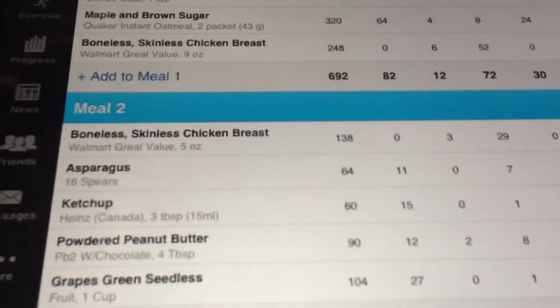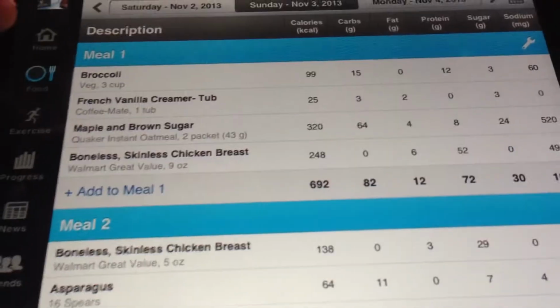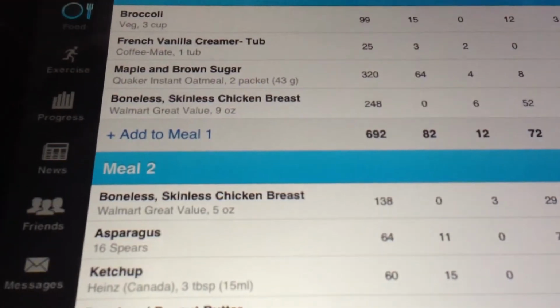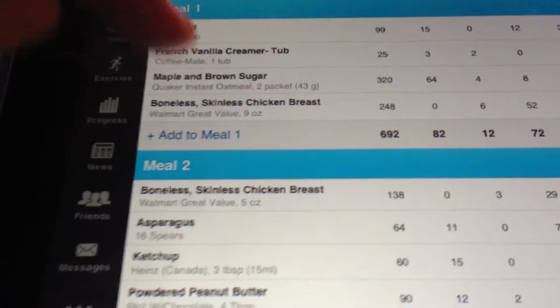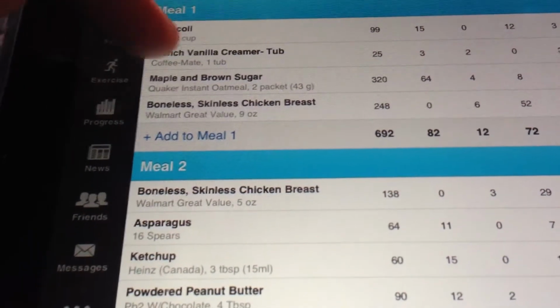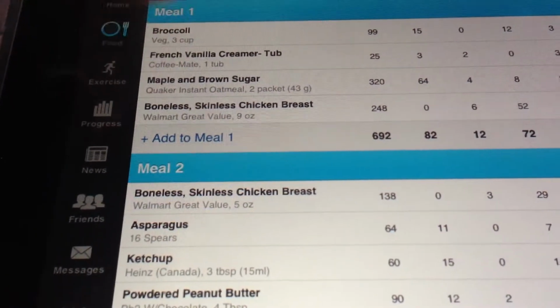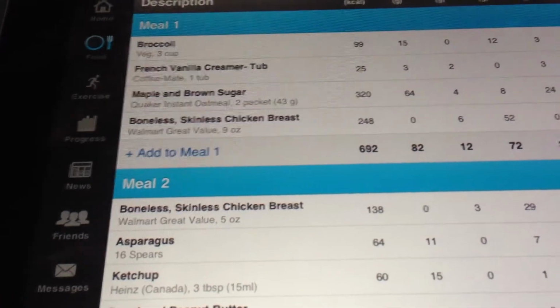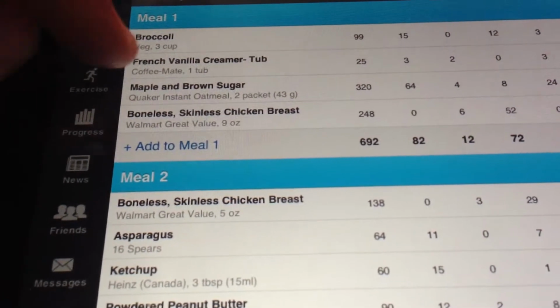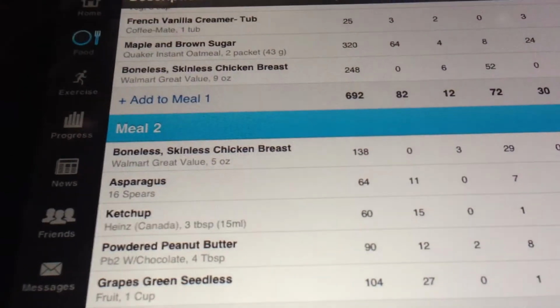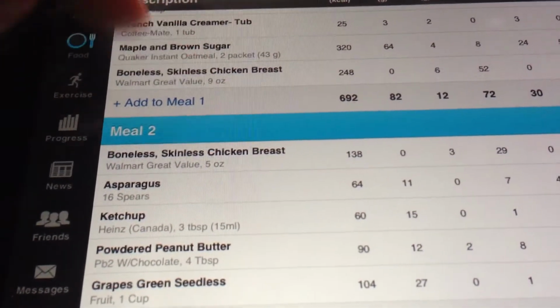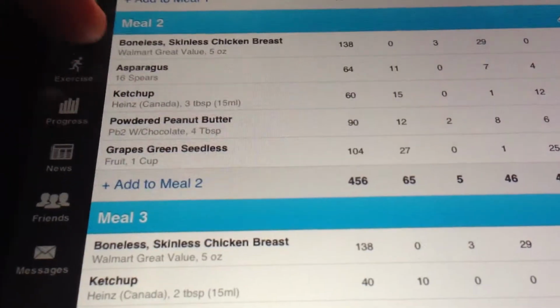For breakfast, I didn't do my JP scramble, so I ended up eating broccoli. I had some coffee, so I put a thing of creamer in there, so I added that. 2 packets of oatmeal, 9 ounces of chicken for breakfast. Second meal,